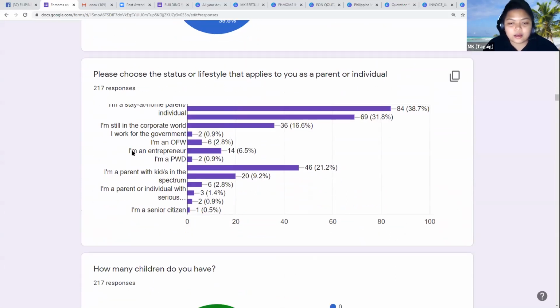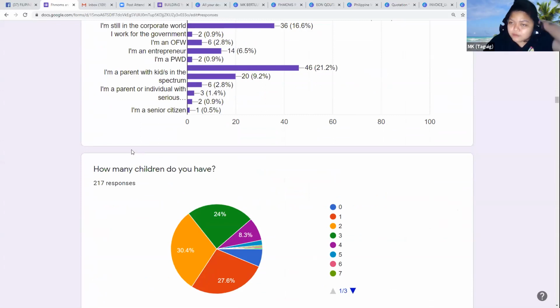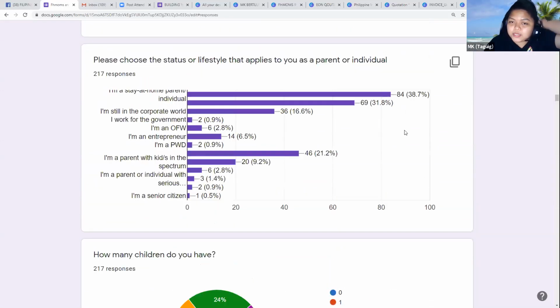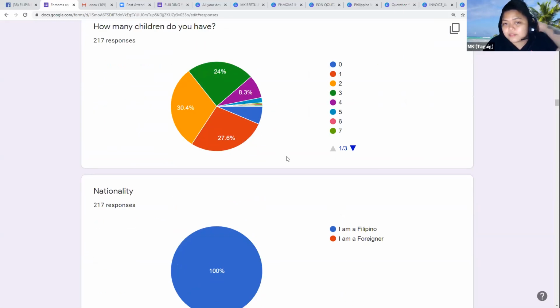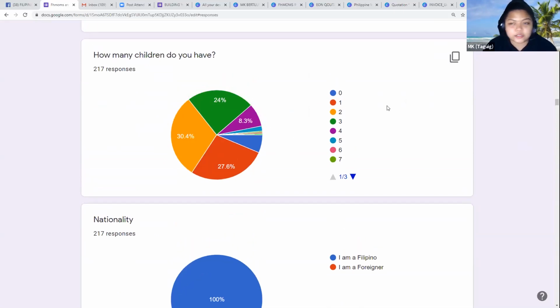And when you create a survey form, make sure na mababasa niyo siya ng ganito in a way na makakapag-create siya ng graph, either line graph or bar graph, because if not, what will happen is may hirapan kayong kumuha ng summary. So for example, itong actual na screenshots nito, you can already present this to your brand clients, no?